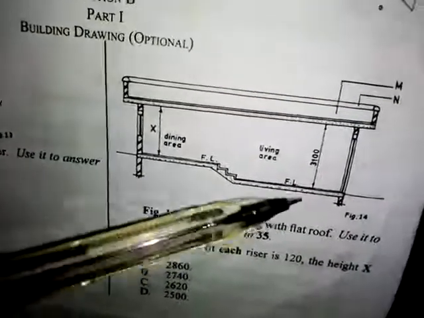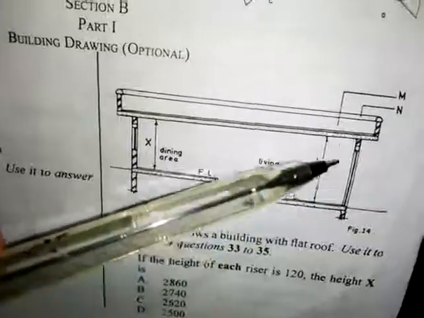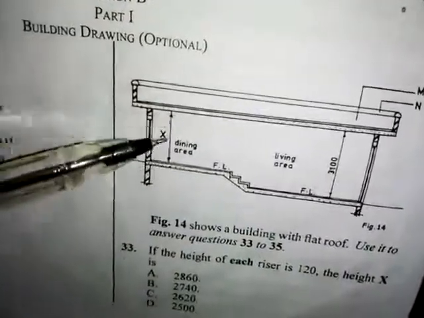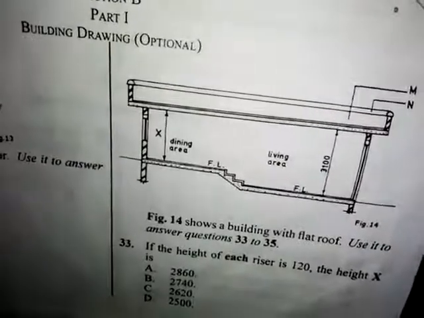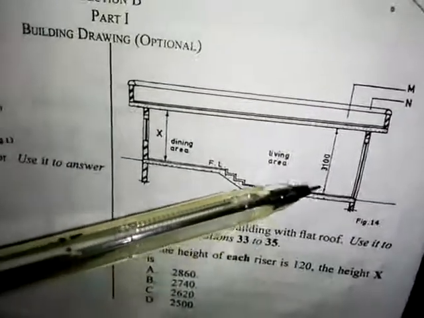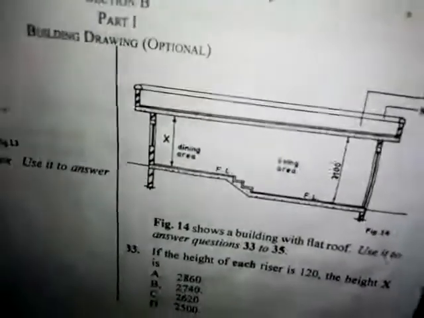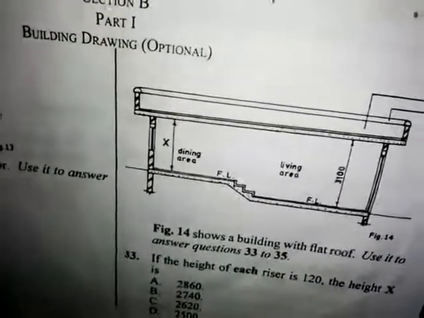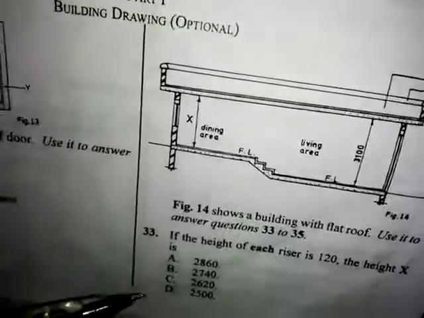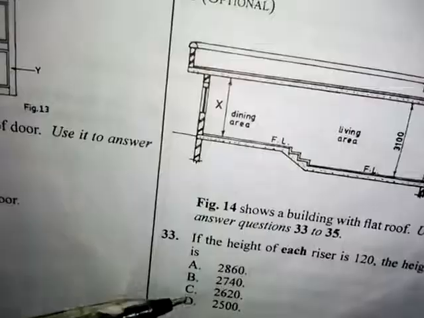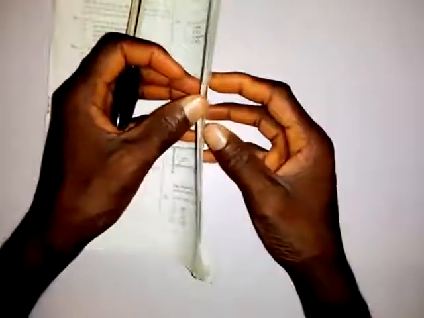Then from here to here is 3,100. We now want to get the value of x. So what we need to do is subtract 360 from 3,100, and that will give us 2,740. That is option B, the correct answer. So on the next page now,